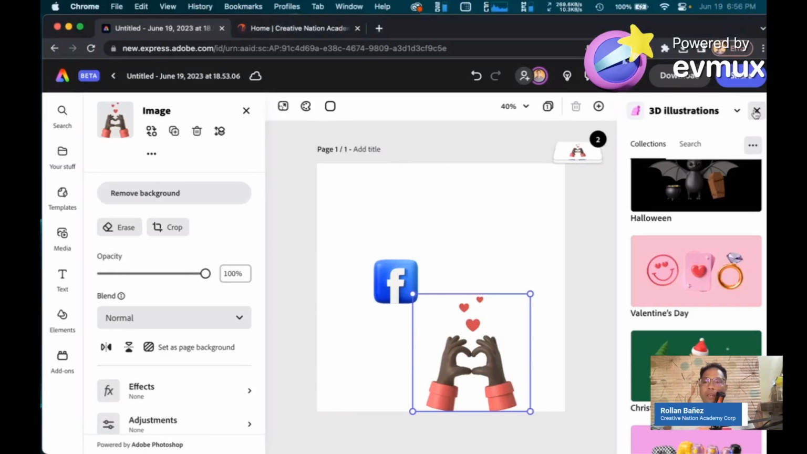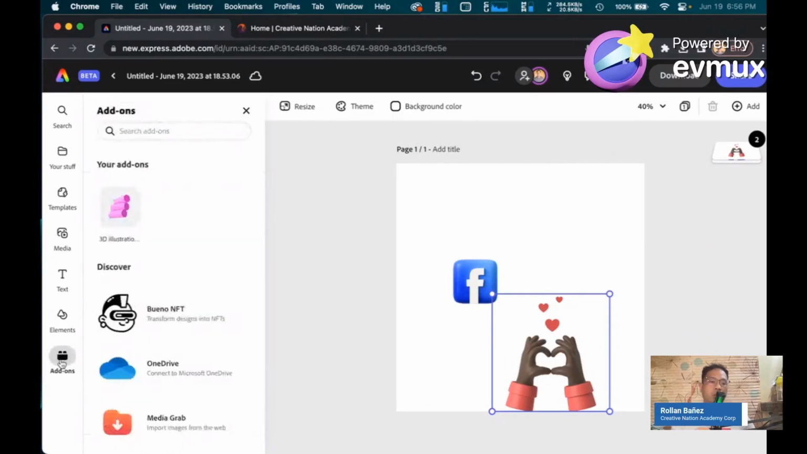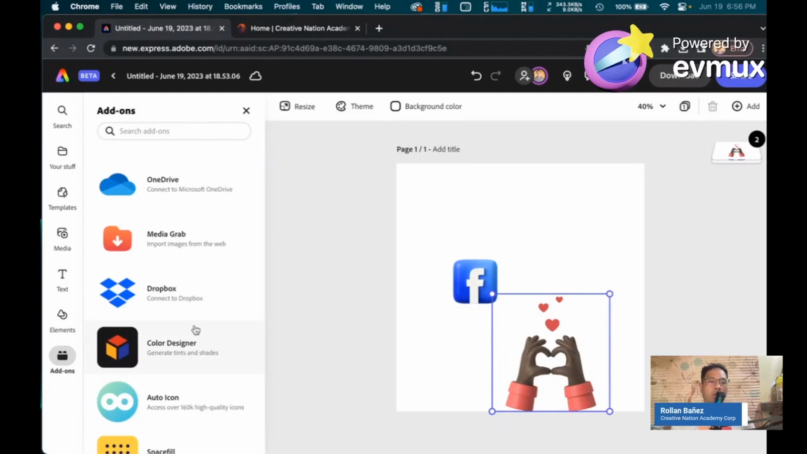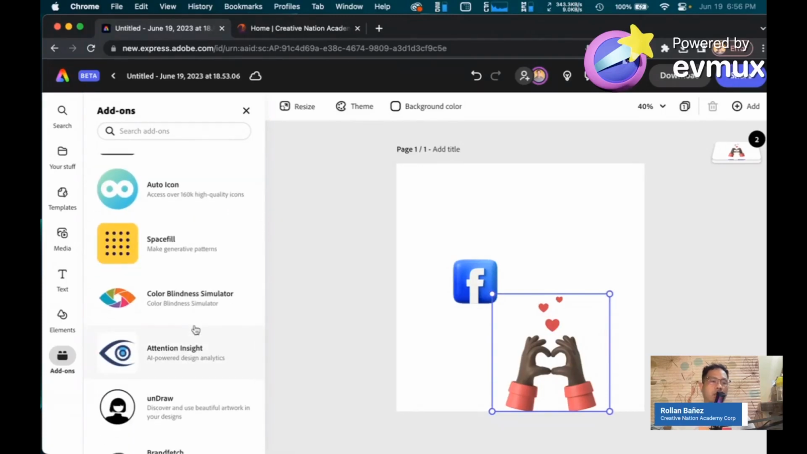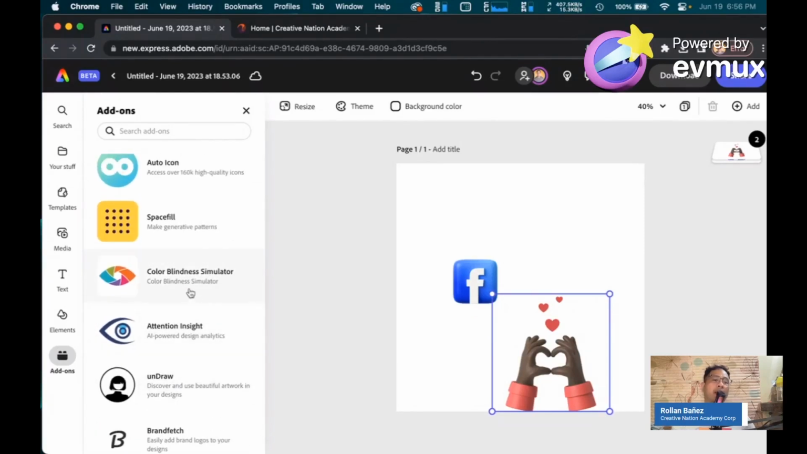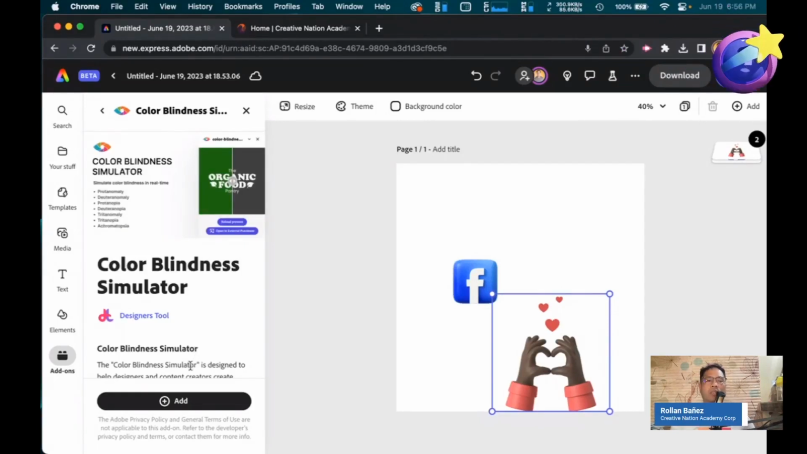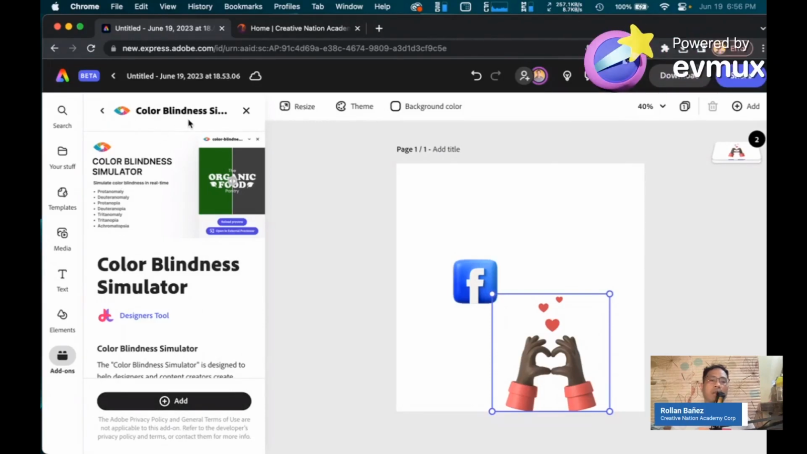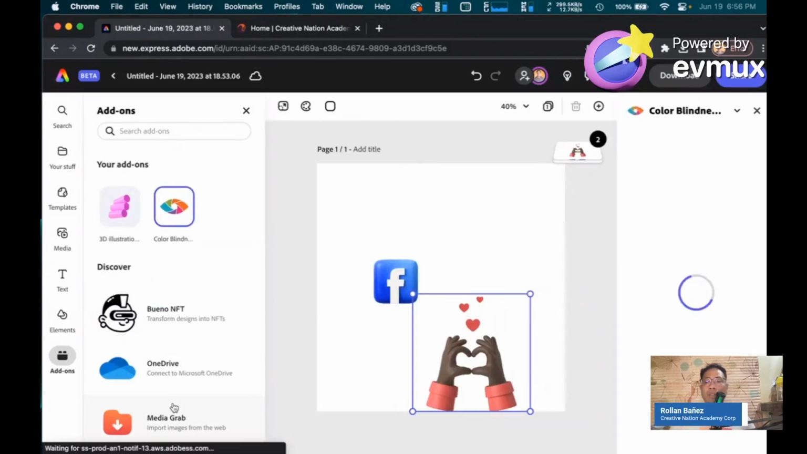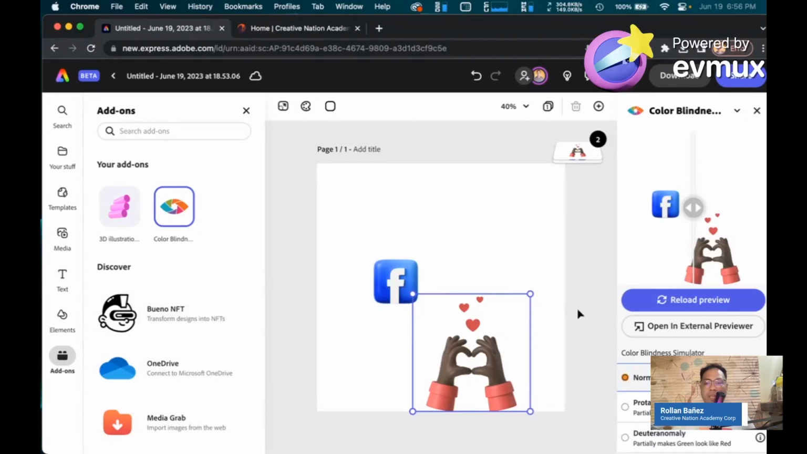I'm going to recommend another plugin or add-on, which is, let's go back here. Let's click on this. One of the things that I really love inside of the new add-ons is that you can also simulate color blindness. So if you have a design that needs a simulator for color blindness, you can easily do so by clicking on the color blindness simulator. Let's click on add. So all of the add-ons here are inside of Adobe Express,